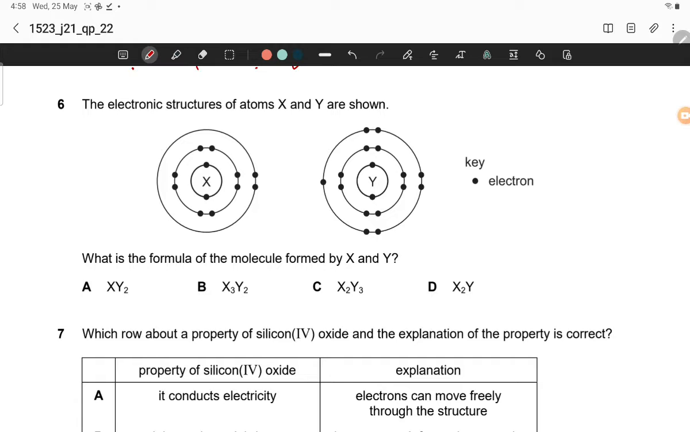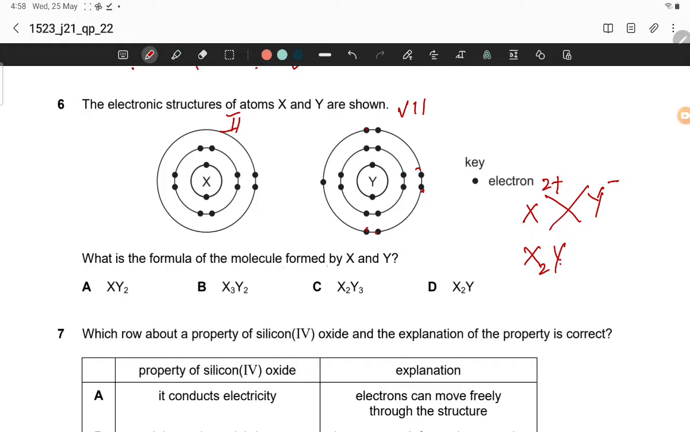Okay, this is valence. This X has 2 valence shell electrons, while Y has 1, 2, 3, 4, 5, 7 electrons. So this is present in group 7, and this element X is present in group 2. You know that X carries a 2+ charge and Y carries a -1 charge. So if these two, X and Y, react, the formula must be X2Y,